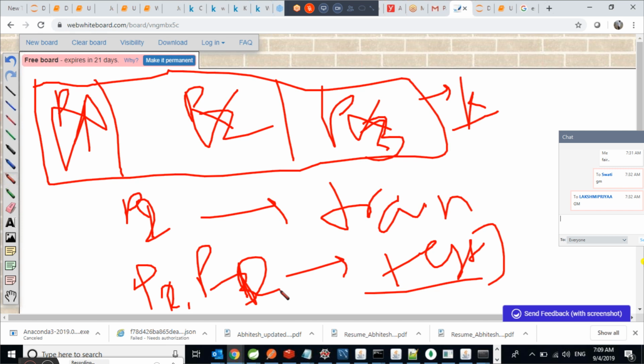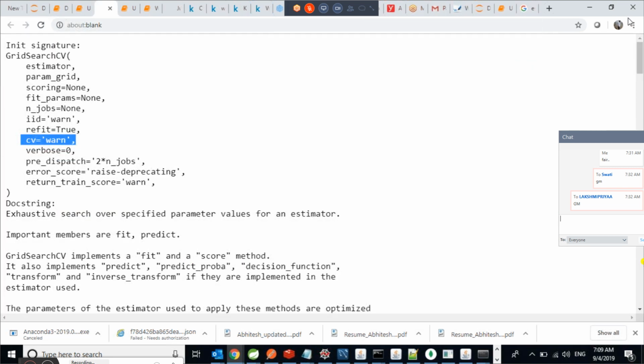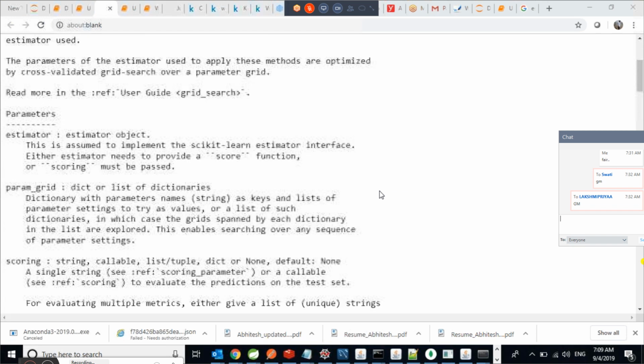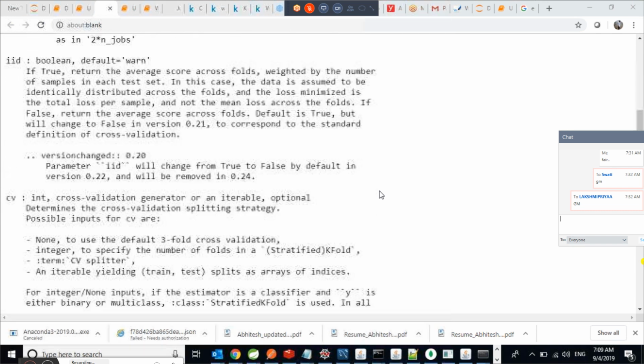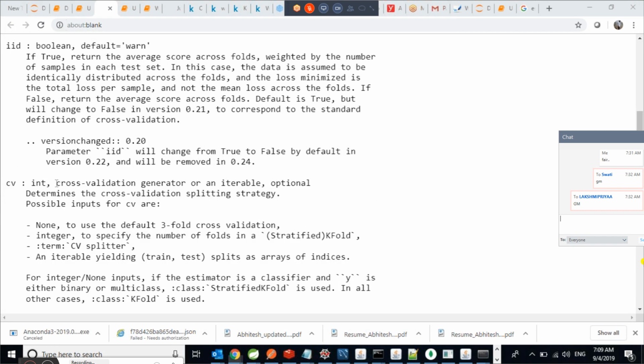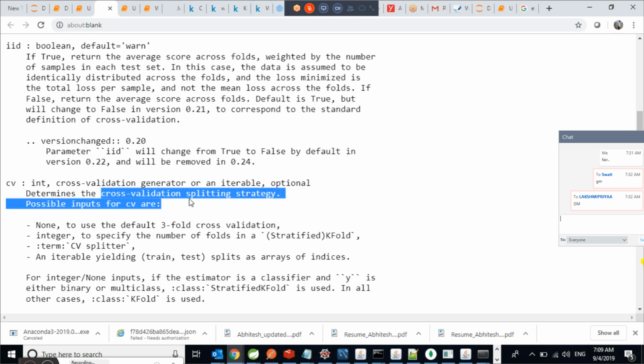So once you go through what the meaning of CV is, you can see here, CV is nothing but cross validation. This is the cross validation generator or iterable, one by one. It determines the cross validation splitting strategy. That means, earlier it will directly